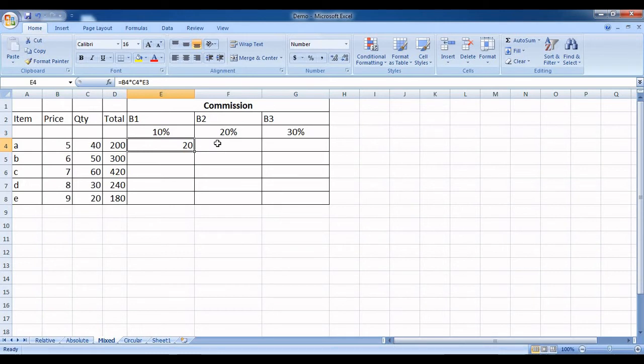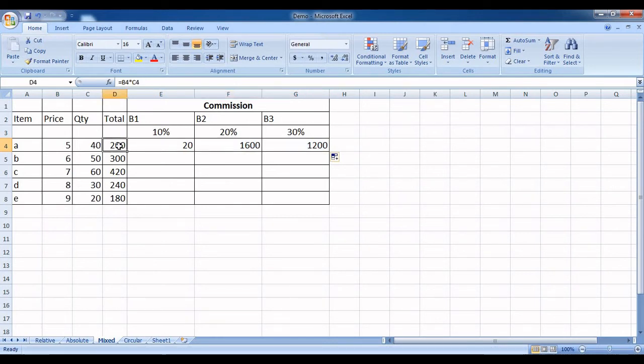To understand what if the employee or the salesman falls in B2 category, what if the salesman falls in B3 category, to understand it, I will have to drag it towards right. I need not calculate it again. So let me drag it towards right, and then, that's strange and that's a miracle.